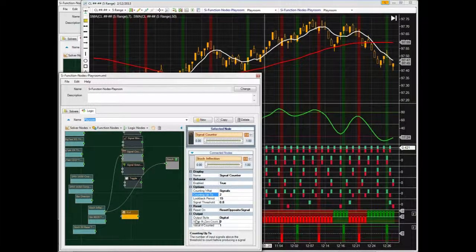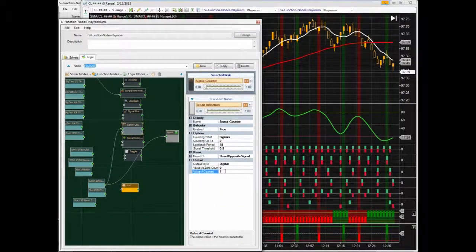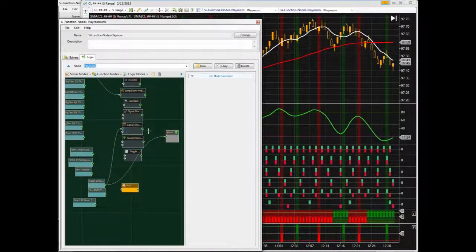And the default output, let me stretch this up here. So the default output is set to, all right, give me a confidence value of 1 when it's counted, right? And so I have it in digital mode right now. So actually, let me put it in analog mode. It helps debug your system to first use this in analog mode. So let me connect the function node solver up,